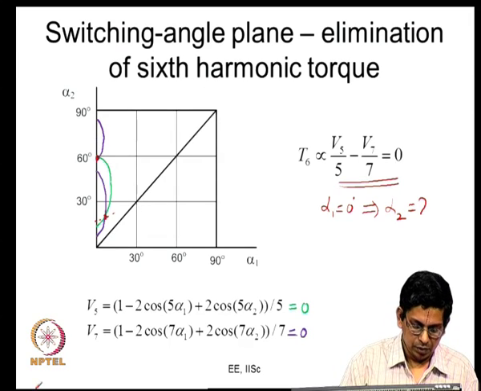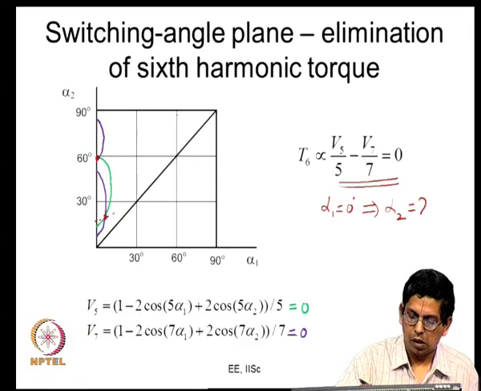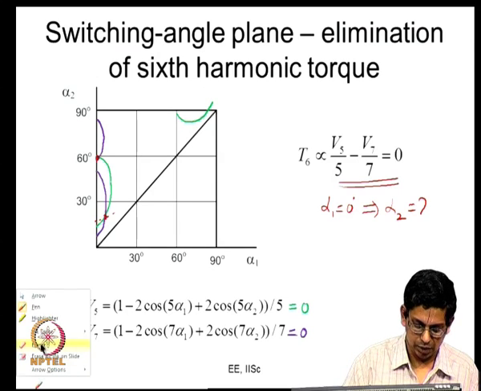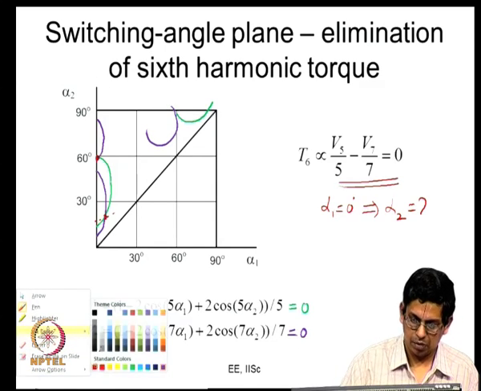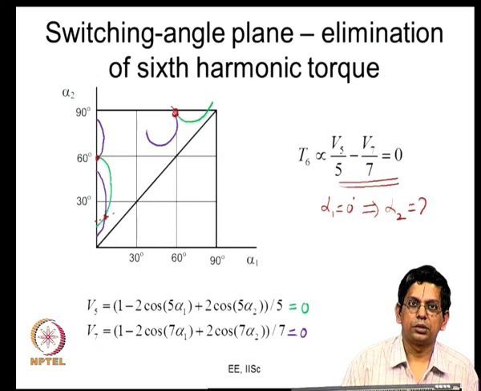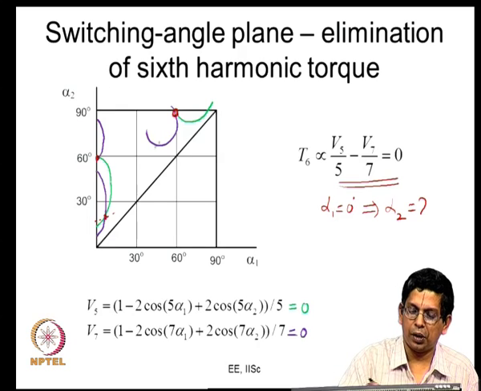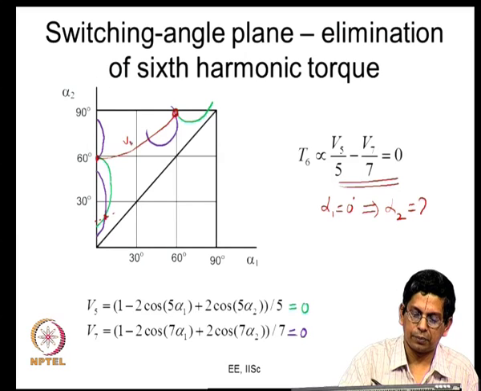And the same way, if I redraw that curve, I have this fifth harmonic curve and I would have another seventh harmonic being 0 like this. This is again a point at which I will have the sixth harmonic is 0. So, these are 3 points where I have sixth harmonic to be 0, but these 2 points are actually on your V1 is equal to 0 line. These are on your V1 is equal to 0 line.